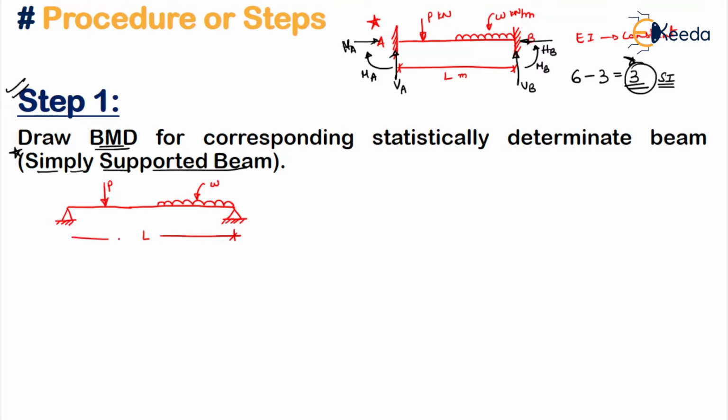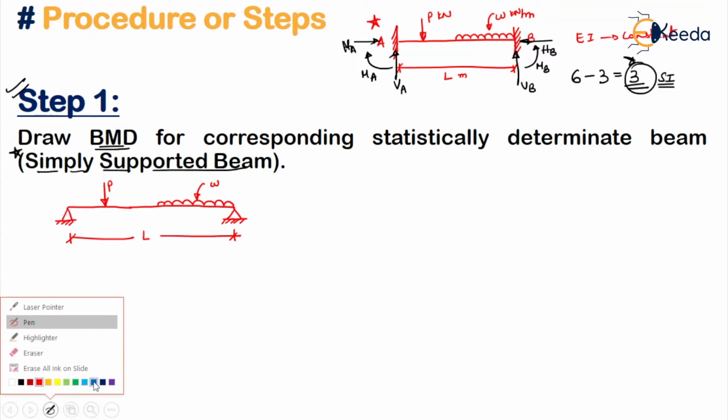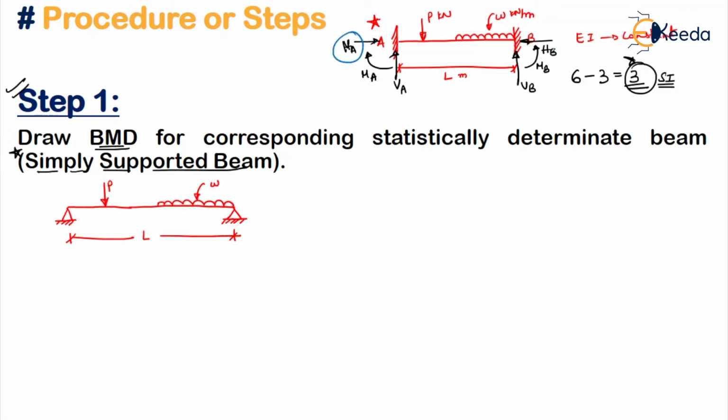Now how can you tell that it is statically determinate? See, here also there is no horizontal load. So you can neglect HA and HB because there is no horizontal load. In case you consider it without horizontal load, what will happen? This will not be there and this will not be there. So the number of unknowns will be 4, but the number of equations of equilibrium available will be 2. So in that case also it is statically indeterminate to degree 2.